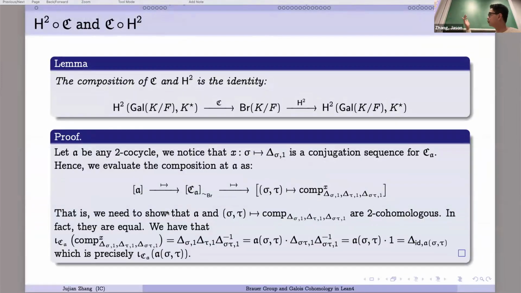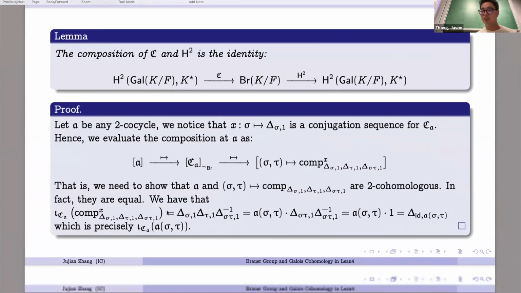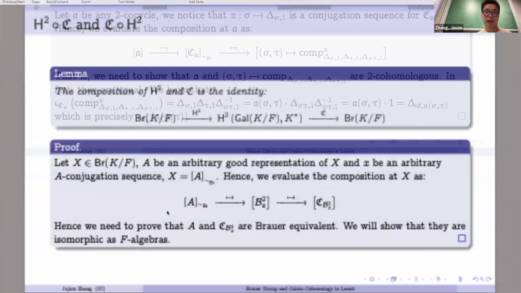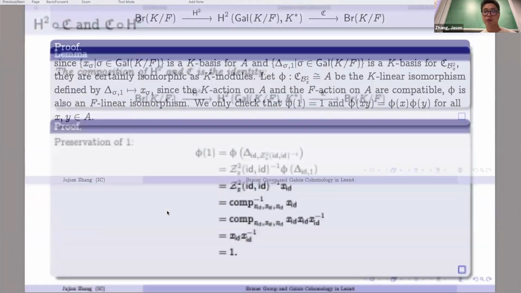And to prove that they correspond to each other is actually fairly simple because, as I said, if you squint really closely, you will see that they actually correspond to each other. And these are all very simple because not only are they cohomologous or Brauer equivalent, they are either equal or isomorphic. But in the end, the last thing you need to do is to prove that